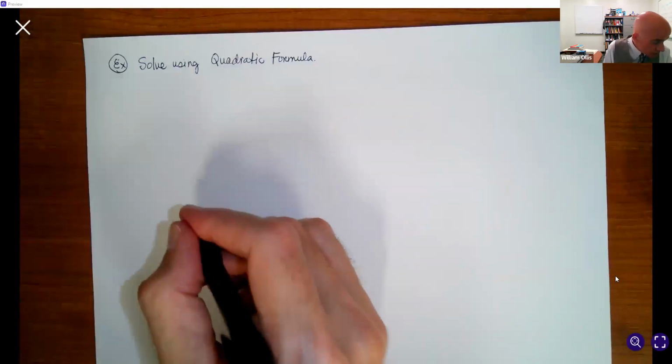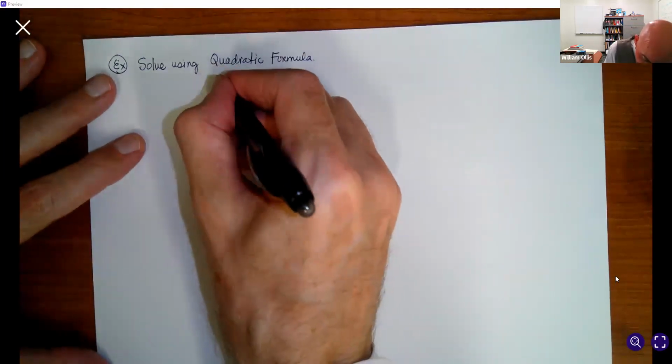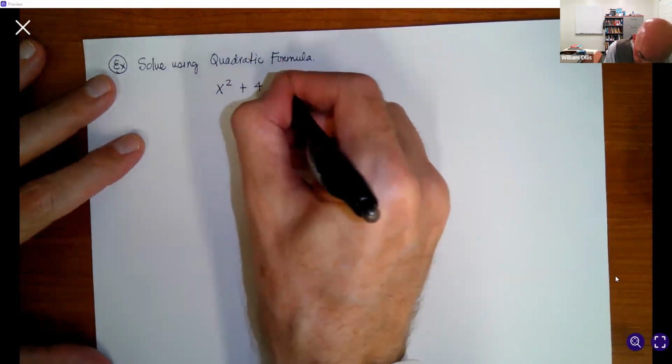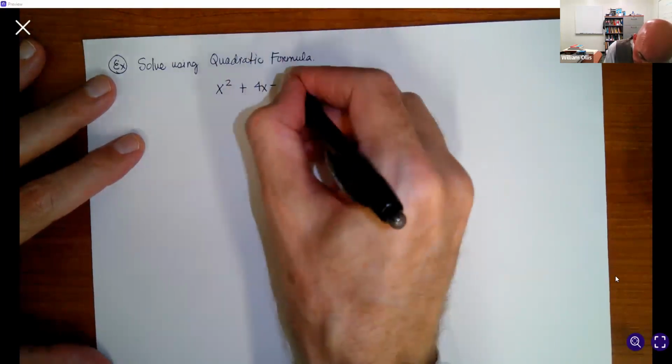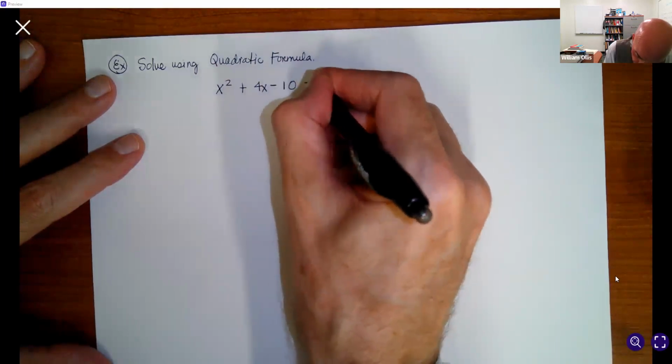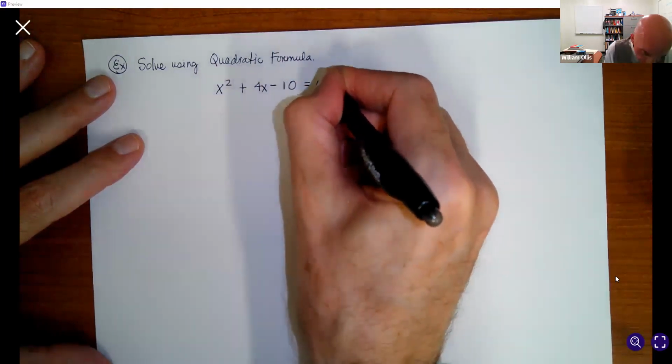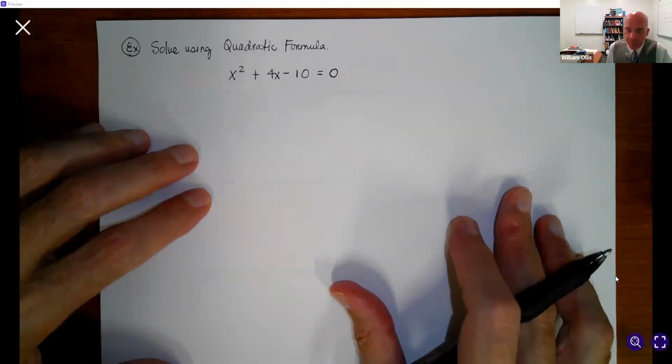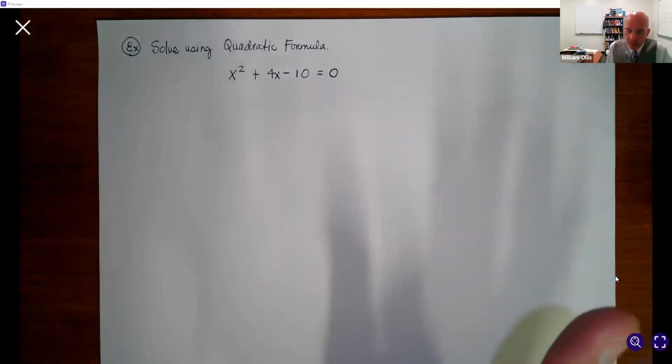And here's an equation. It looks pretty harmless. X squared plus 4x minus 10 equals 0. X squared plus 4x minus 10 equals 0. Now, when you look at this, again,